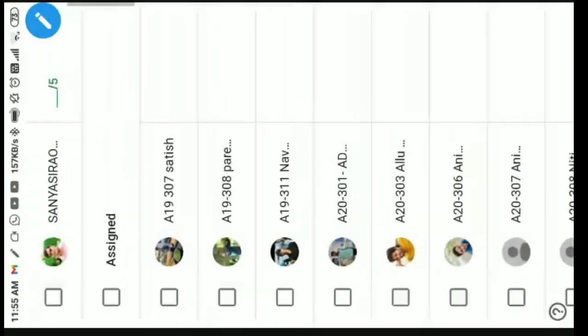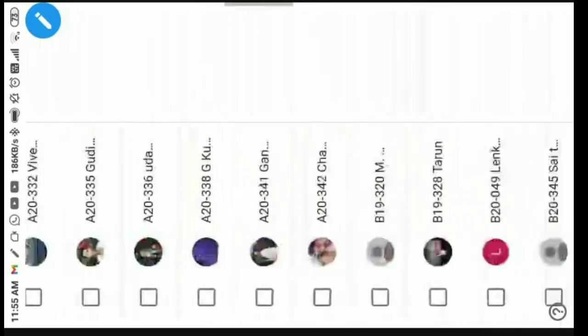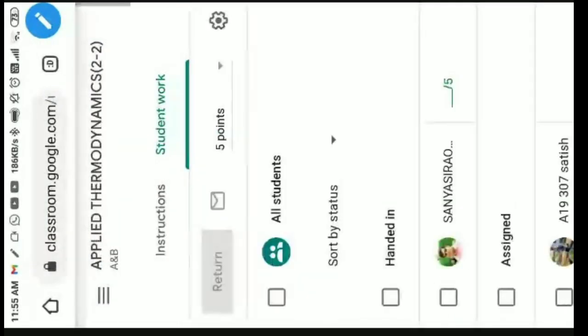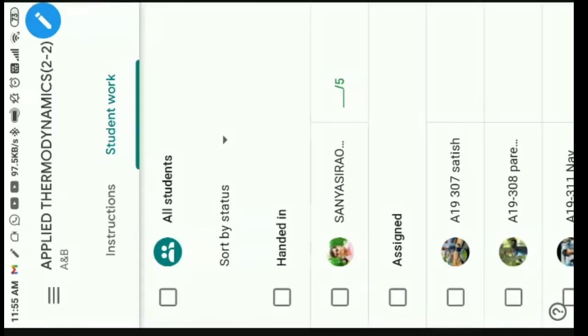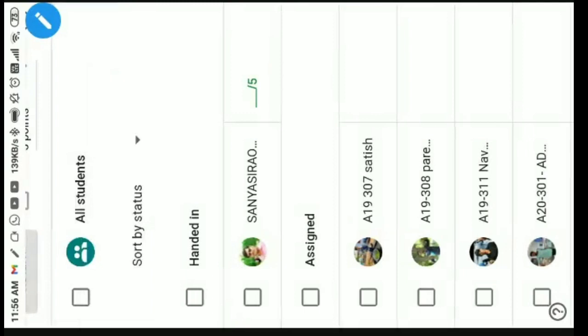Many students are assigned, but out of them only one candidate has turned in. Only those who clicked turn in will show under the handwritten button. Don't forget, you should click on the Turn in button.